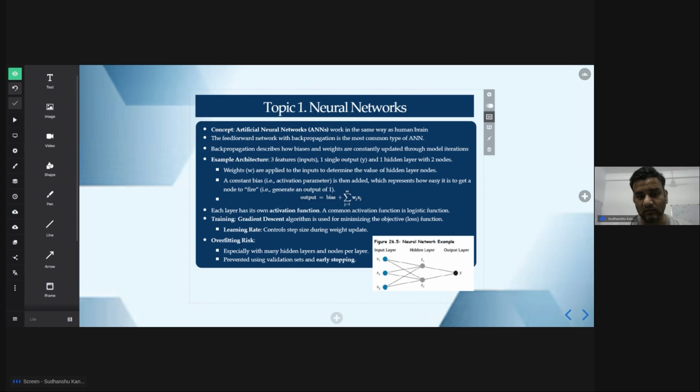We also have the formula in the slide, and this is how it works. Then we have something called the activation function. What we need to understand here is that after you sum up the weights and your biases,